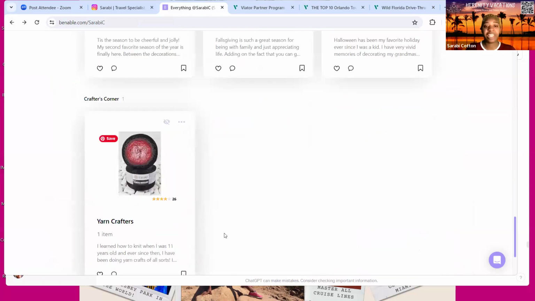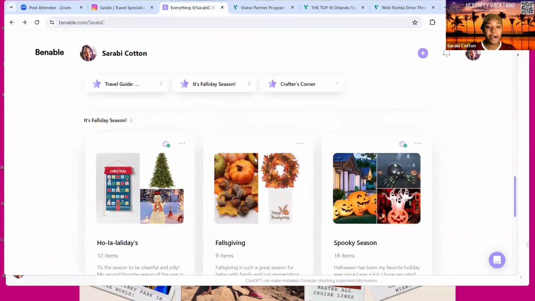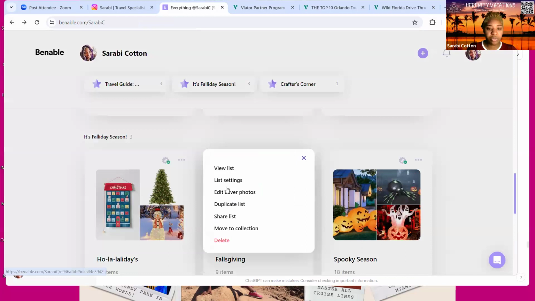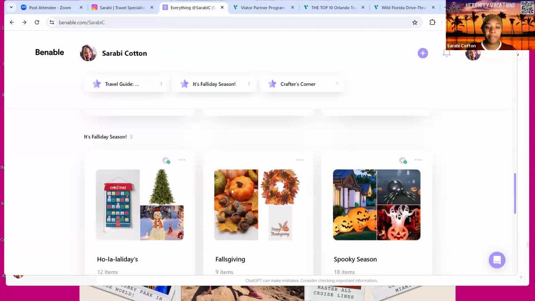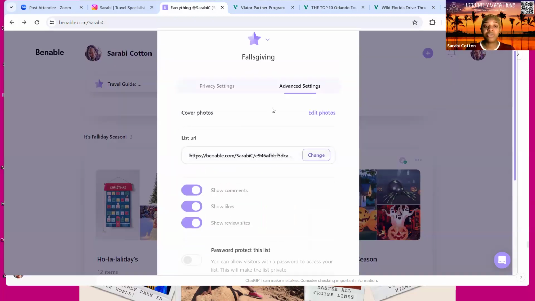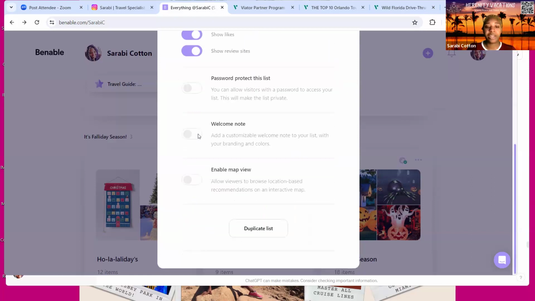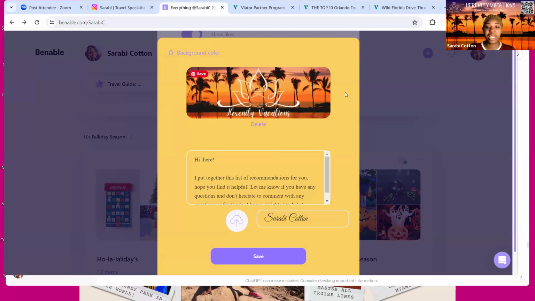And then this one down here is hidden because I don't really have anything on there right now. And you can always hide your list if you go to the three dots. And if you go to list settings right here, you can choose to hide it if you're still working on it and you don't want to publish it yet, or if you keep it public. So that gives you the option to do that. Same kind of deal here. I'm gonna go back through this for advanced settings. If you do want to add a welcome card to one of your lists, like how I did in the beginning there, you can add a welcome note right here. Customize it, add your picture, your background color, all that good stuff.